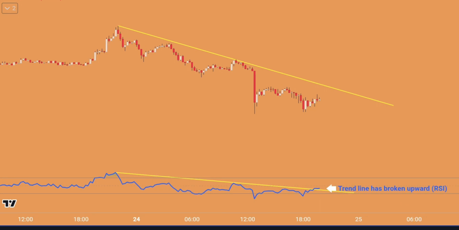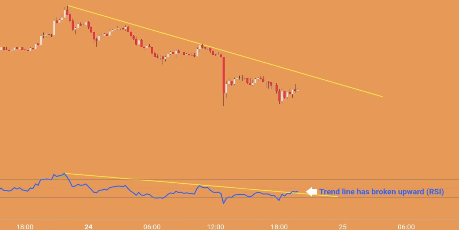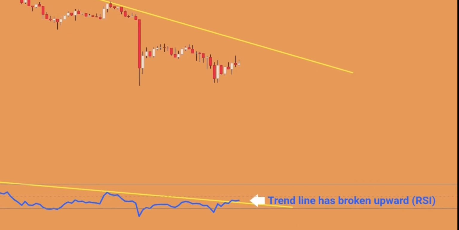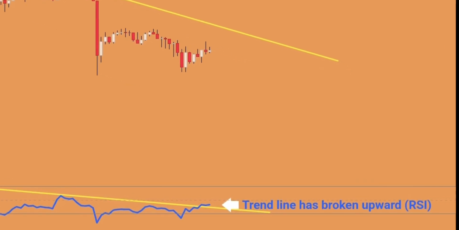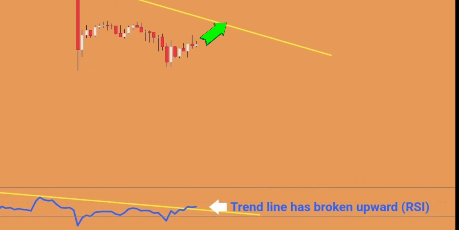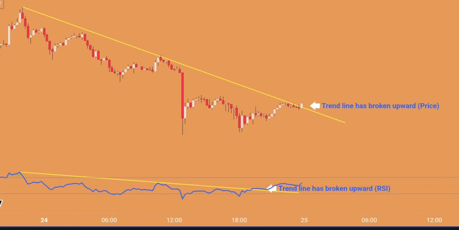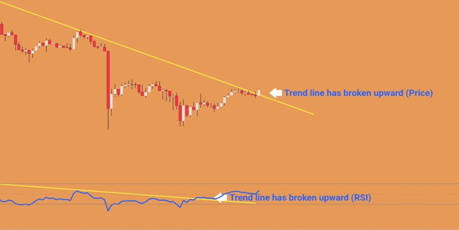Once again, we draw a trend line that connects the peak points from the 70 level to the 30 level, and initially, we observed that the RSI line has crossed the trend line in an upward direction. However, the price is still below the descending trend line. In this view, we can also see that the price has now crossed above the descending trend line in an